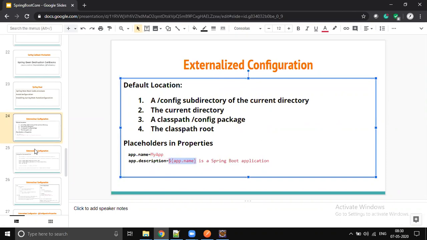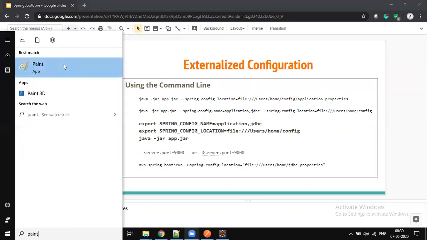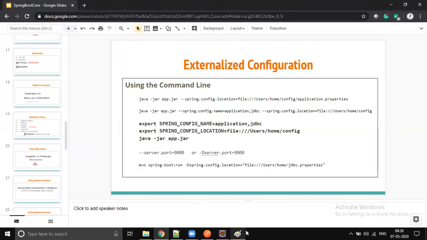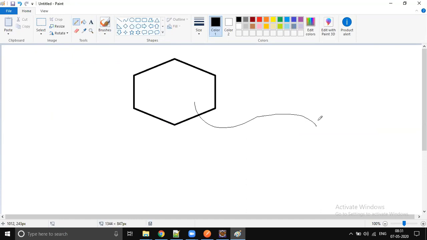So our next discussion is, for example, let me explain this. Look at this application where we are connecting to a database, right? Let's assume this is your Spring Boot application, and this Spring Boot application is connecting to a database. Obviously, we mostly connect to the database from our Java application. So there is nothing new, right?